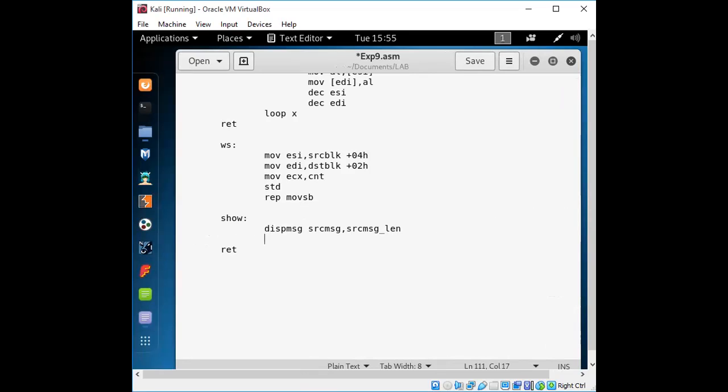If it got disconnected, we can rejoin with the same link. Okay, so we have a few points remaining. So move ESI, comma, source block. That is the actual content. We call for the display block with the message, destination content, with the BST message and BST message underscore A.